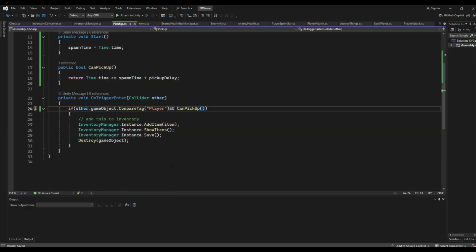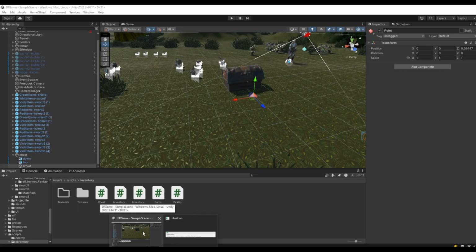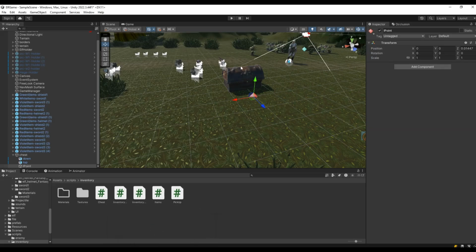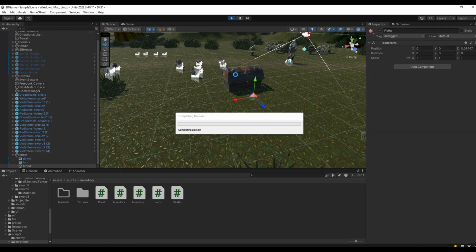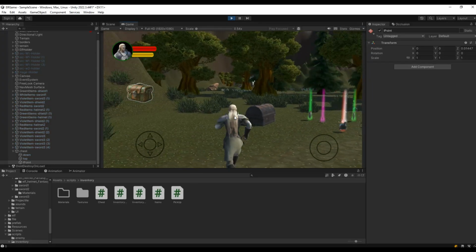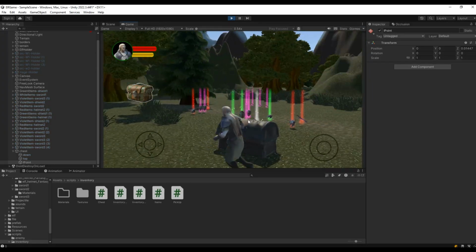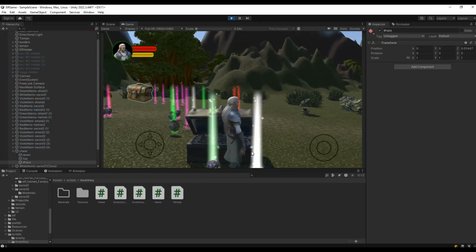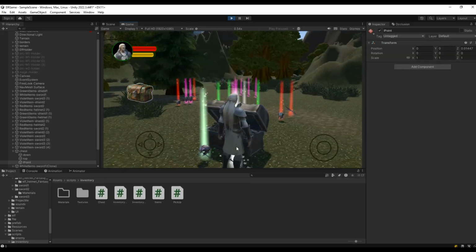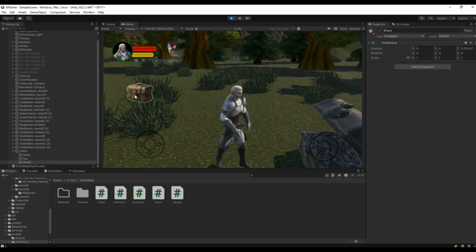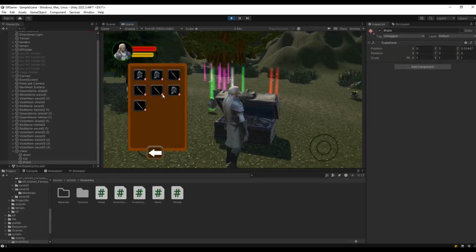So it wouldn't immediately pick up the item. You can add some effects, for example, when it is not pickable. In that 1 second, you can add, for example, some glowing effect, some other things, but just to give you the idea. Okay, so now as you see here, we have them. It gave me two, but